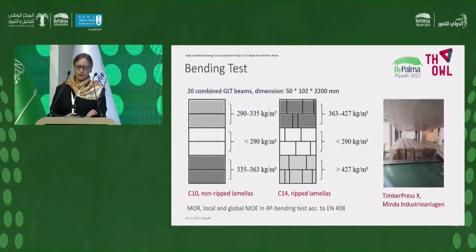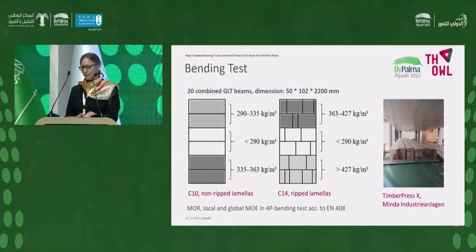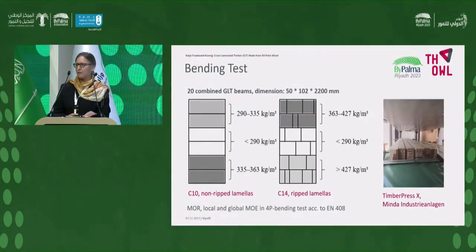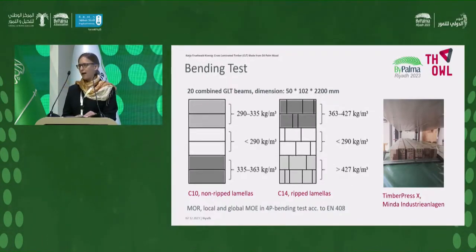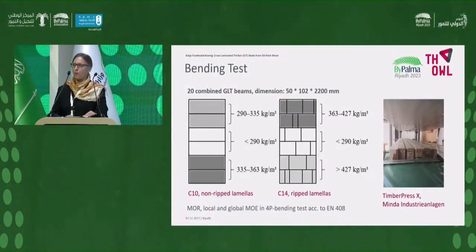So we produced 20 combined beams with different beam setups from 6 lamellas with a height of 102 millimeter and a width of 50 millimeter. The same resin was used for gluing the GLT as for the edge gluing. Pressing was done on a modified press commonly used for CLT production. The modulus of rupture and the local and the global modulus of elasticity were determined in a 4-point bending test